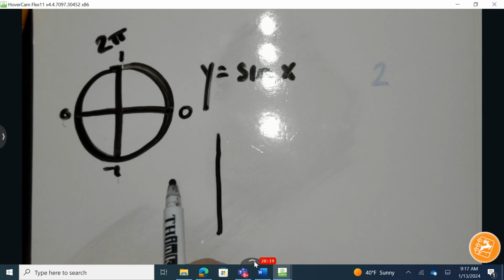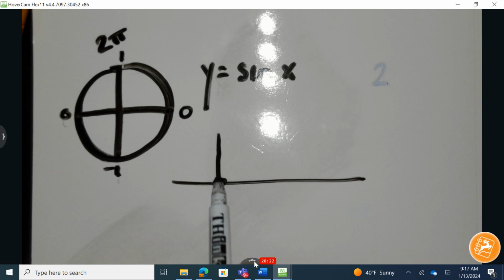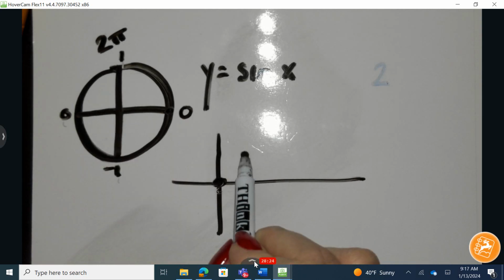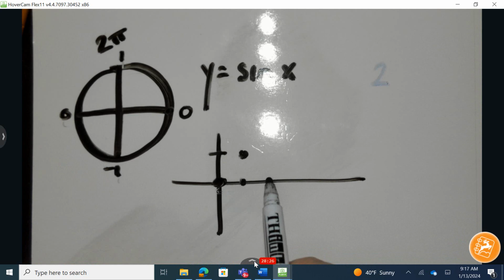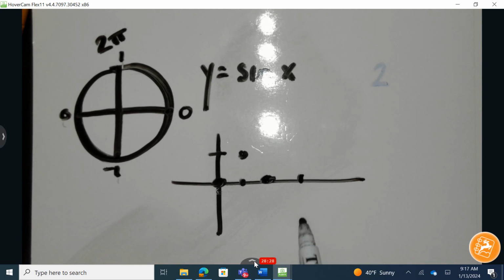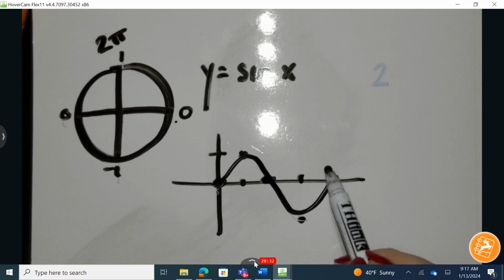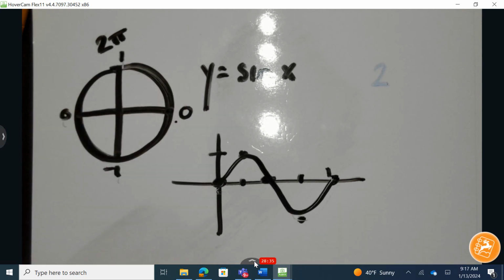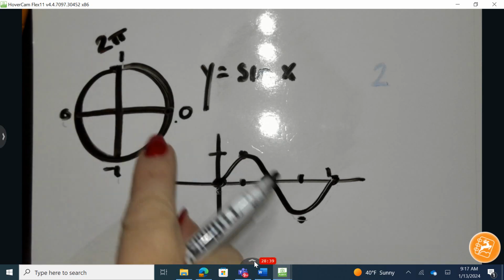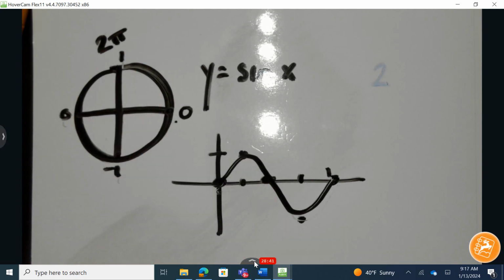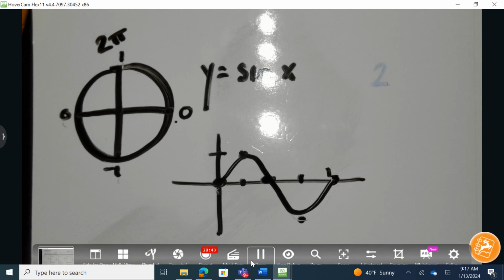So when I graph, I go 0, my step 1 goes up to 1, step 2 is back to 0, step 3 is at -1, and step 4 is back to 0. 1, 2, 3, 4. Those are my 4 steps for a sine function. It is a length of 2 pi. I'm going to erase this, and then let's look at